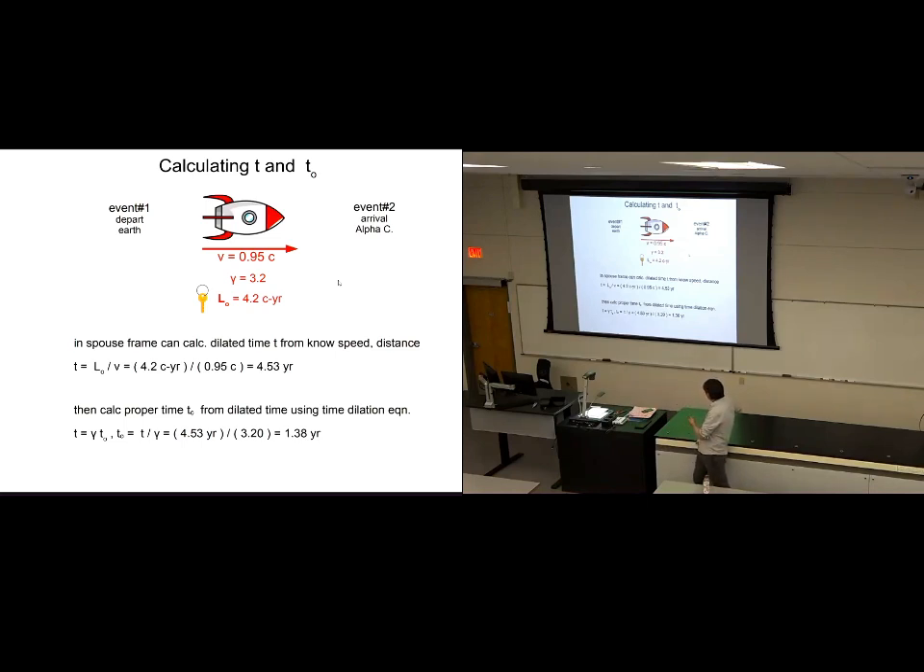The second part of the problem is how long did the astronaut measure the trip to take? And this is the key relativity bit. Remember, we said that the key is the astronaut sees the proper time. The observer on Earth sees the dilated time. And so I'm going to use this equation for time